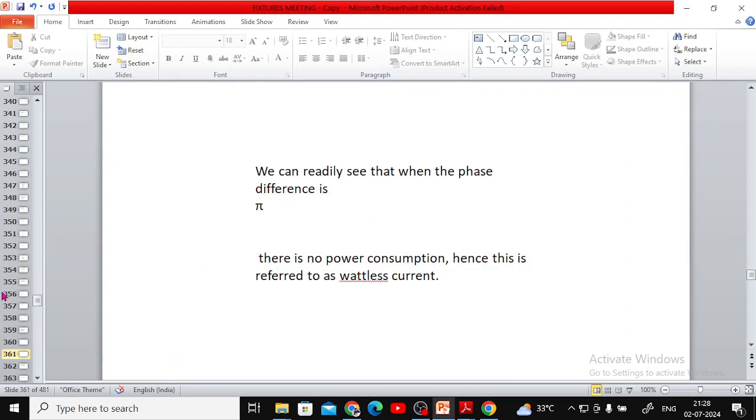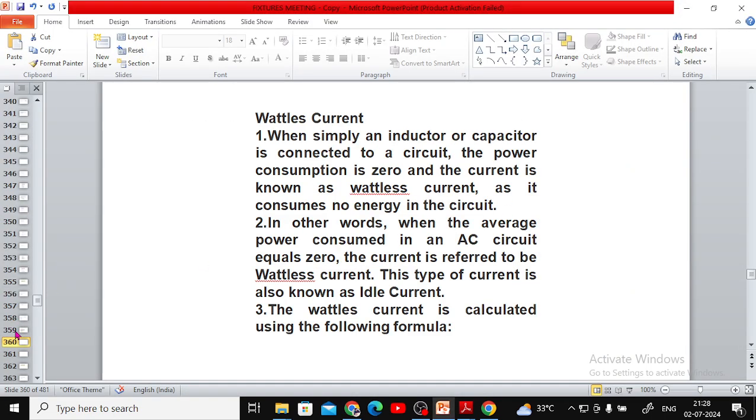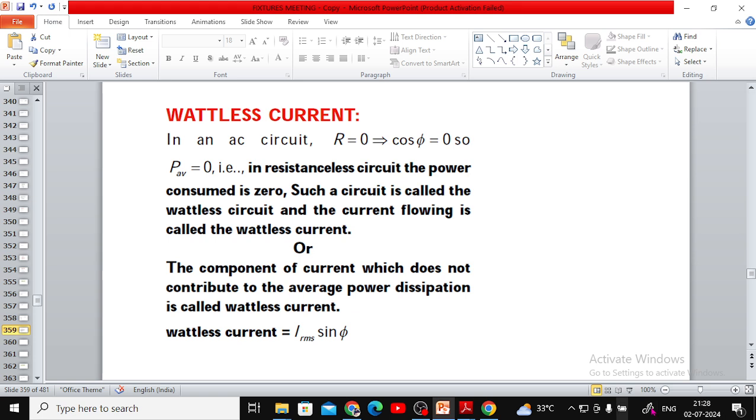Okay. Now put a heading: wattless current. Wattless current, okay. Wattless current, okay.